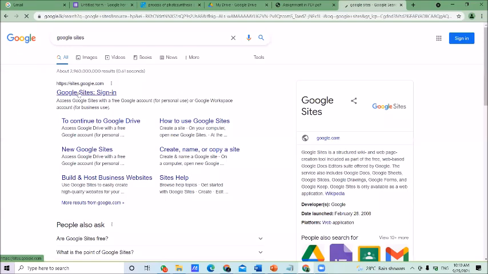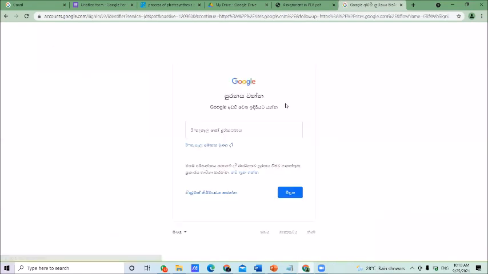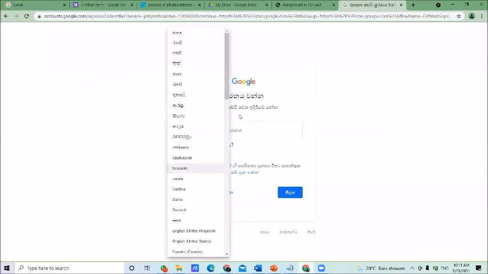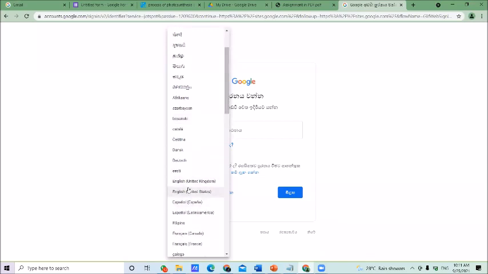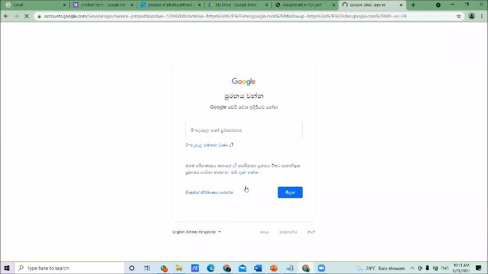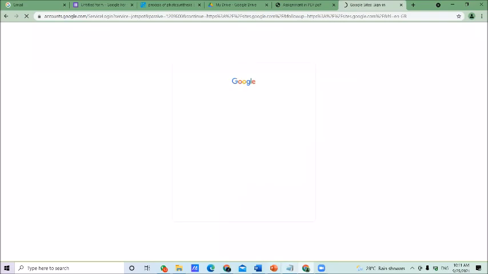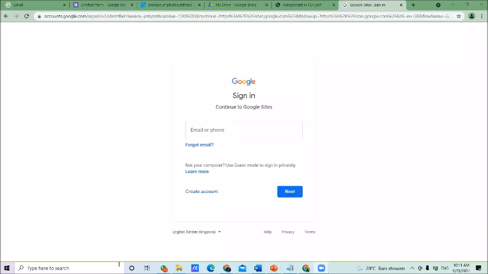Follow the similar steps. Click on Google Sites.